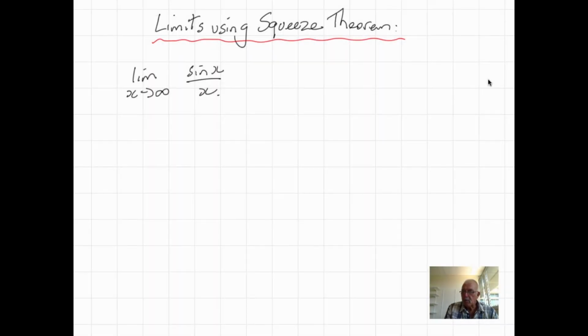Here's an example of a question where we're going to use the squeeze theorem to find the limit. We want to find the limit as x approaches infinity of sine x over x. Now, from your knowledge of limits, we know that that's the limit as x approaches infinity of sine x, multiplied by the limit as x approaches infinity of 1 on x. So using the multiplication rule,